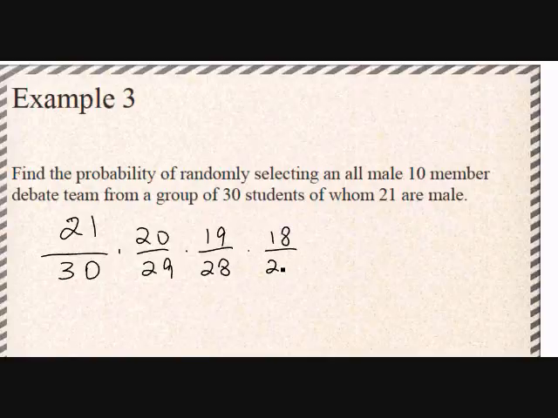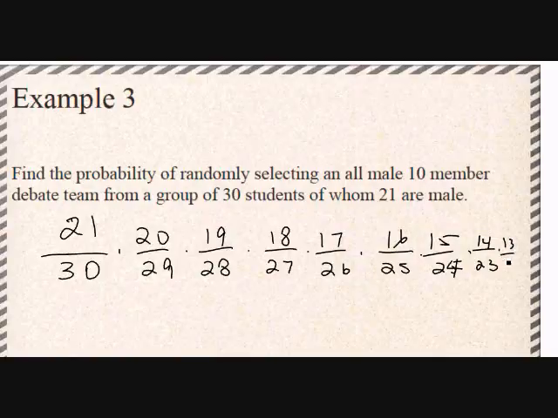And 18, and 17, and 16, and 15, and 1, 2, 3, 4, 5, 6, 7. Oops, 24. 14 out of 23, 13 out of 22, and 12 out of 21. 1, 2, 3, 4, 5, 6, 7, 8, 9, 10. And then you just multiply those fractions. And it doesn't seem to overflow the calculator, so you're okay. Okay, so the hardest part is to figure out